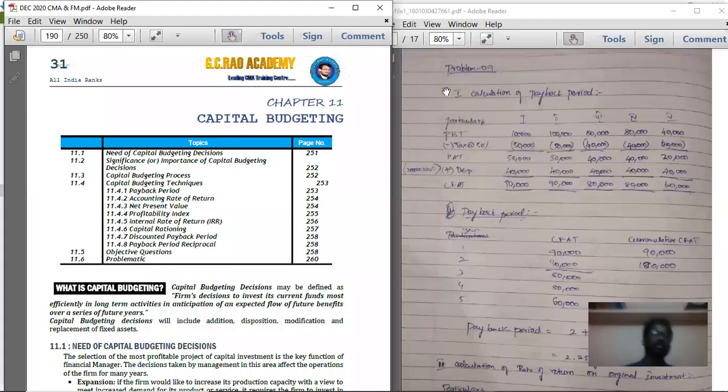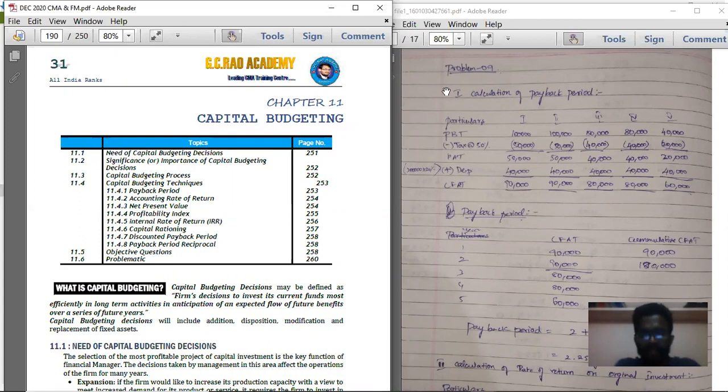Hello everyone. So, moving on to the last chapter of this FM, that is capital budgeting. This chapter has been focused on more in the final. In CMA final, this capital budgeting chapter is focused on so much. It carries around 20 to 30 marks, like 20 marks actually. Whereas here in this